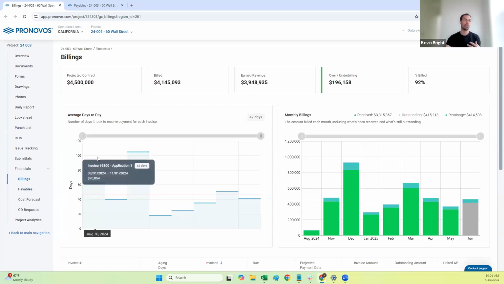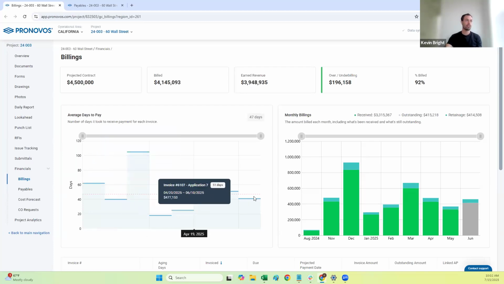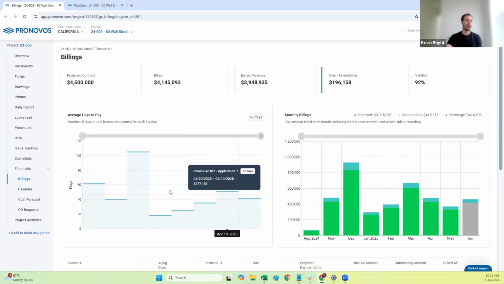So this first one here, I think this is one of the most underrated things that project managers should be looking at when analyzing their projects. It's what is the average days to pay it takes the client to pay. So you can see on this project, it's about 47 days. We can see the actual days to pay for each invoice. And then this red line kind of indicates what our average is. So pretty quickly we can kind of tell,